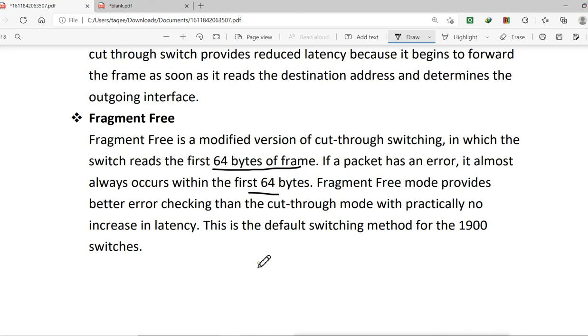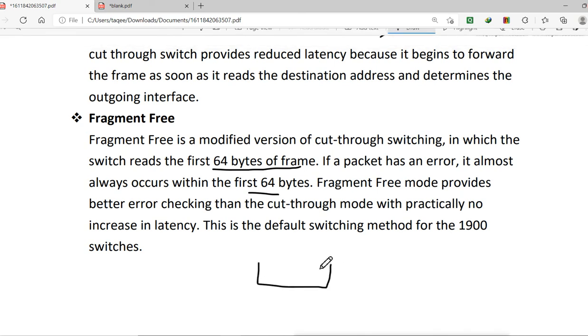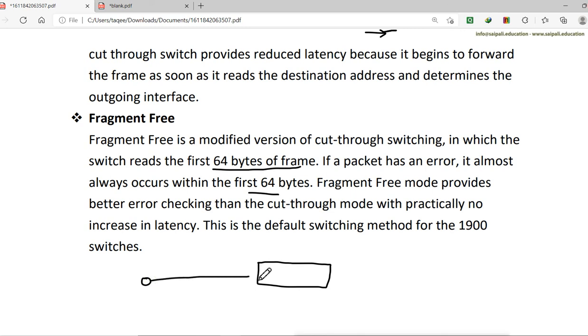Now in that case, if you have a switch here and you send the packet, basically it is the cut through type.